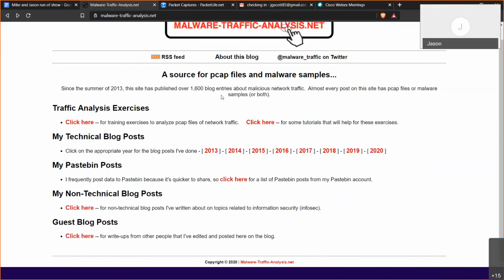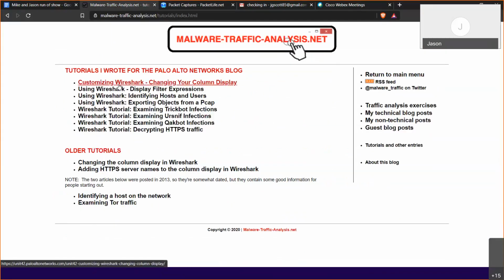Malware traffic analysis is that other resource that I showed. In here you have some tutorials that will show you how to use Wireshark, how to use filters, how to identify hosts or computers.